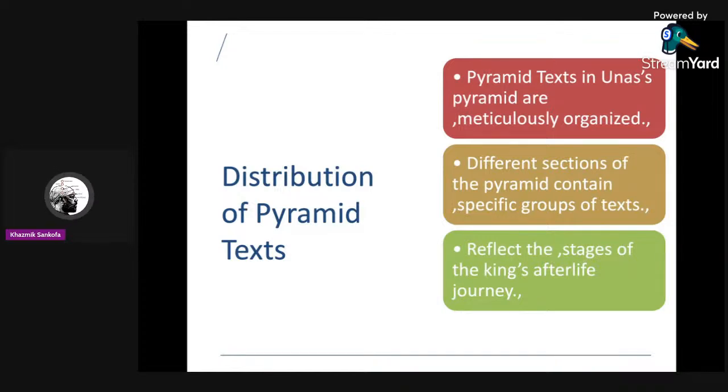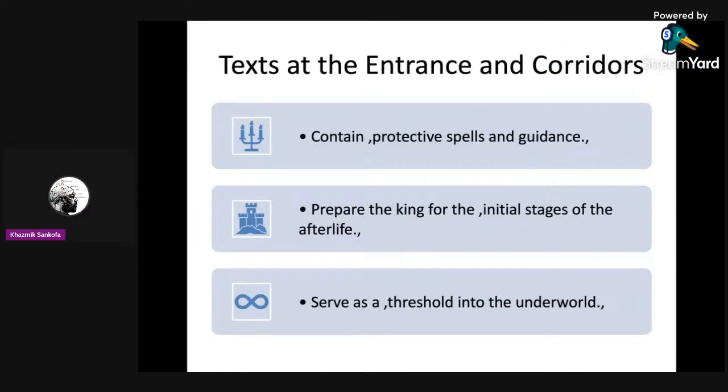But yeah, they're arranged in a specific way. And so we're going to look at that later. Like I said, it's not going to be in this presentation per se. I show one text in this presentation and I mention two others. Really, this is just the beginning of an analysis of the pyramid text. This is more like a series, might be a 2 or 3 video series, 3 to 5 hours.